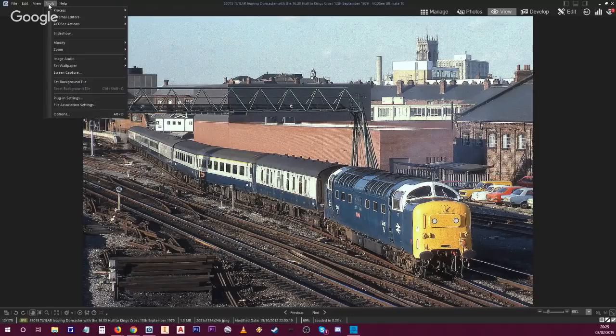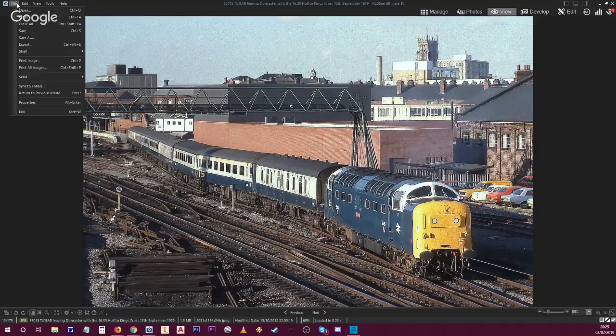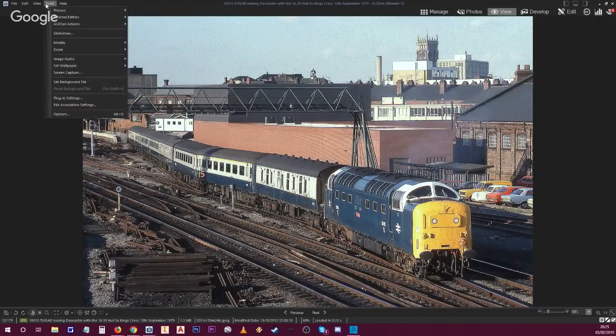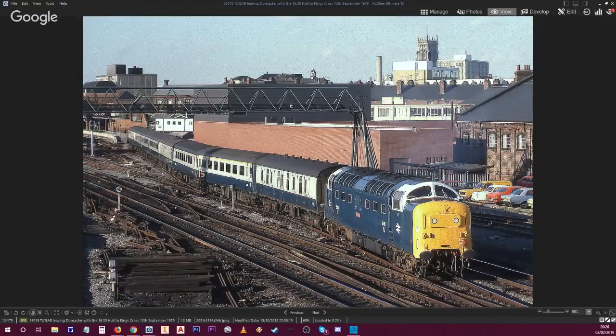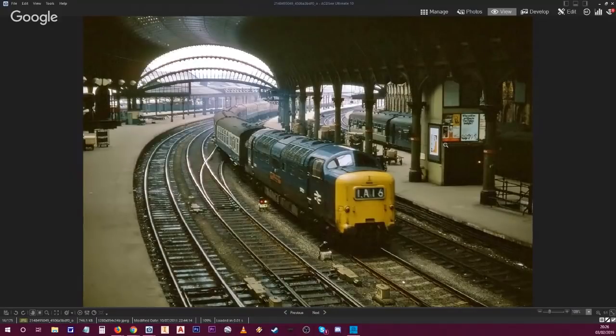I'm thinking about just getting it to run, just automatically jump to the next picture while I'm talking. Okay. I'll just leave things going. But okay, so